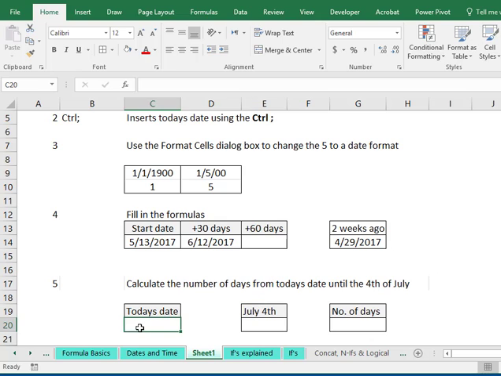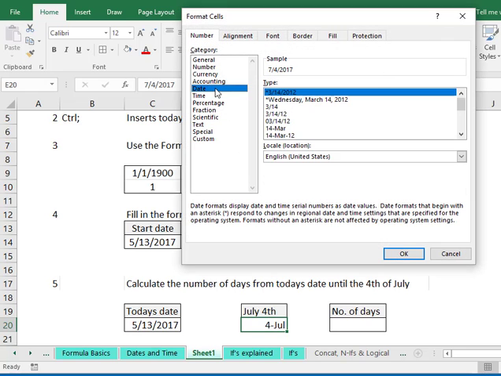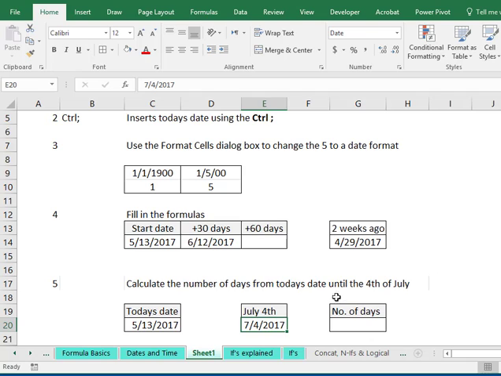Okay, now let's put in today's date, July 4th, which would be 7-4, enter. And I don't like how that's formatted, so I'm going to change it to this. And we'll put our formula here, equals the higher number, because 7/4/2017, if you were to format that as a number, it would be a higher number than